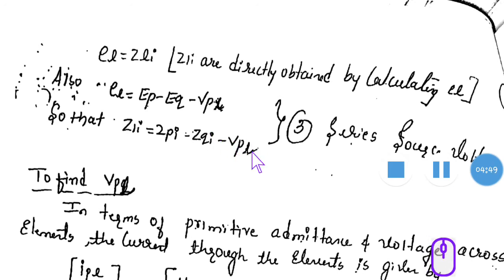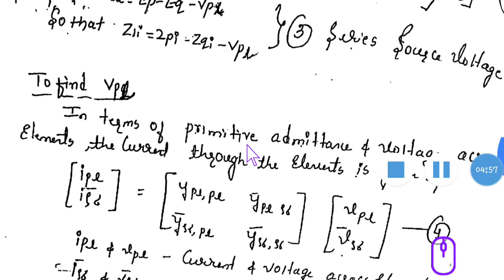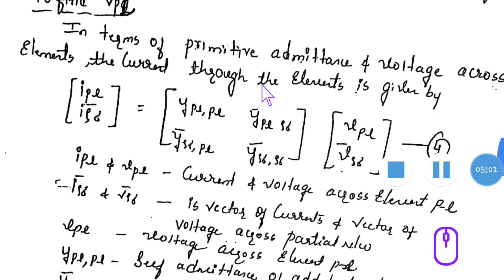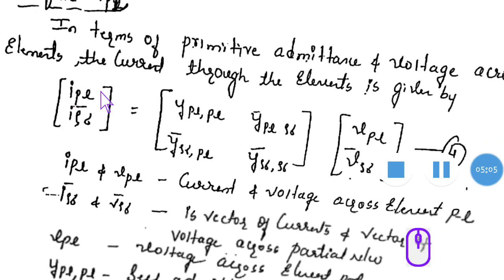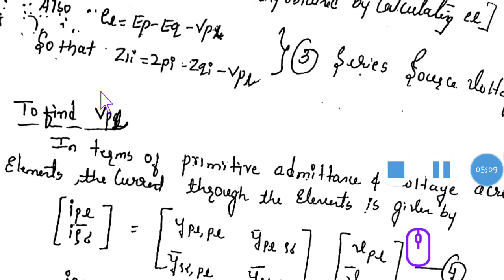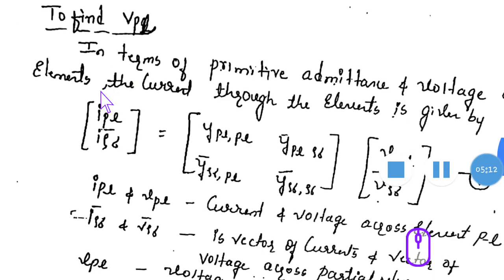There we got VPQ. Z of Qi is equal to Z of Pi minus VPQ. So now you have to find VPL. To find this VPL, again you take the matrix. What is the change here? Whatever Q was, it is replaced by L here. Because what I told, in the beginning a fictitious node L is created, and afterwards that has to be deleted.